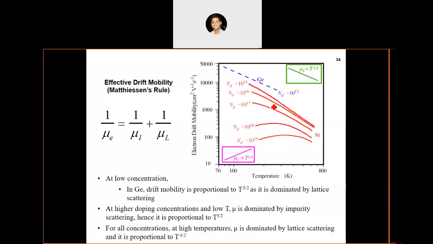One thing which I am not mentioning here is, in case of germanium, the drift mobility at very low concentration comes out to be T to the power minus 1.5, which is coming from vibrational scattering. In case of silicon, that is not true. In experiments, it has been seen that this dependence is T to the power